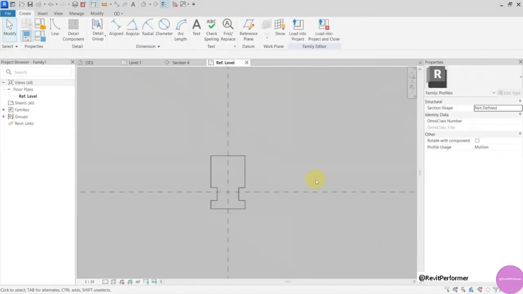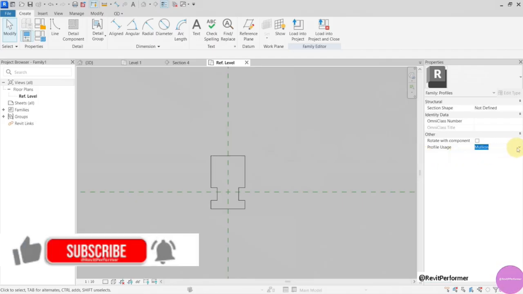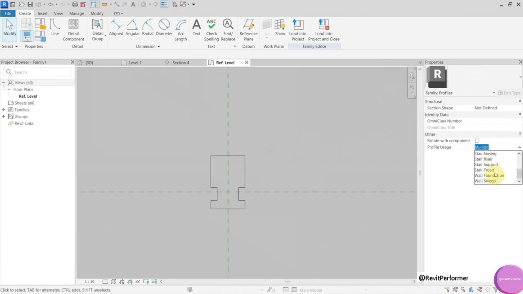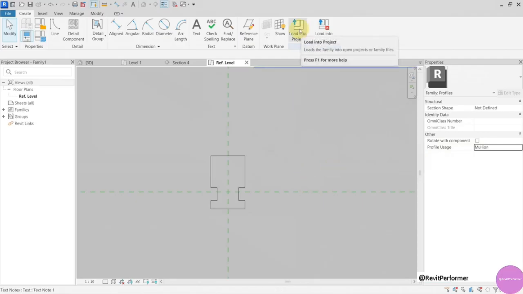And there is one thing with the profiles which you should know, and it is the profile usage. If you are using the curtain wall profile mullion family template, the profile usage here is automatically set to mullion. If you set it to something else, like generic, you can see the profile family in all of them. And these are the other categories which are using the profile families. You can see that, for example, in the wall sweep. If I leave this as the mullion one and load it into my project,